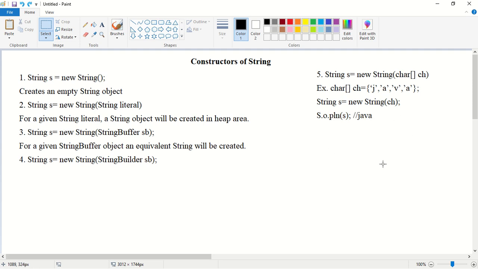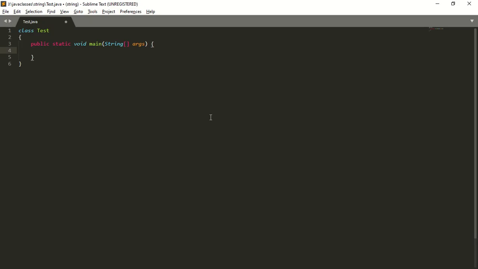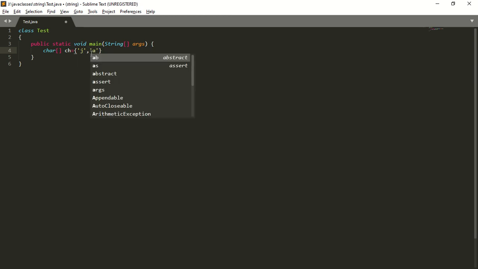Okay, so I will show this with an example. First I will take a character array ch is equal to, so what was the value? The value was j, next a, next v, a.